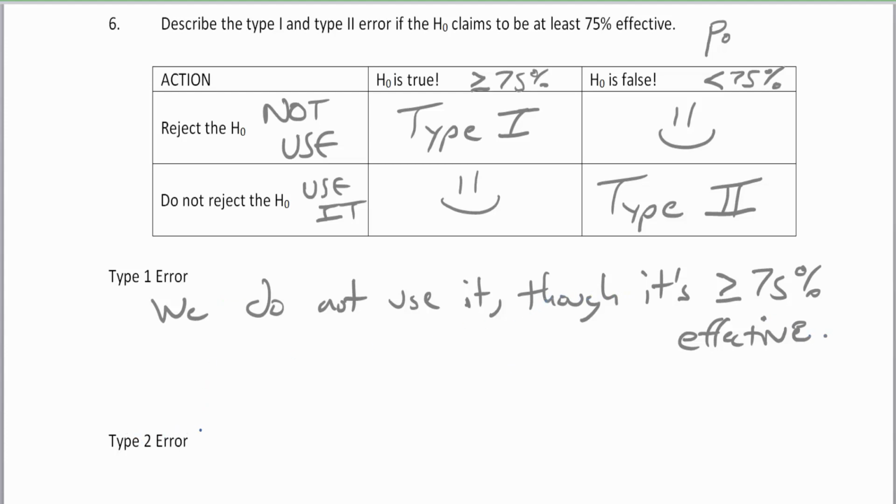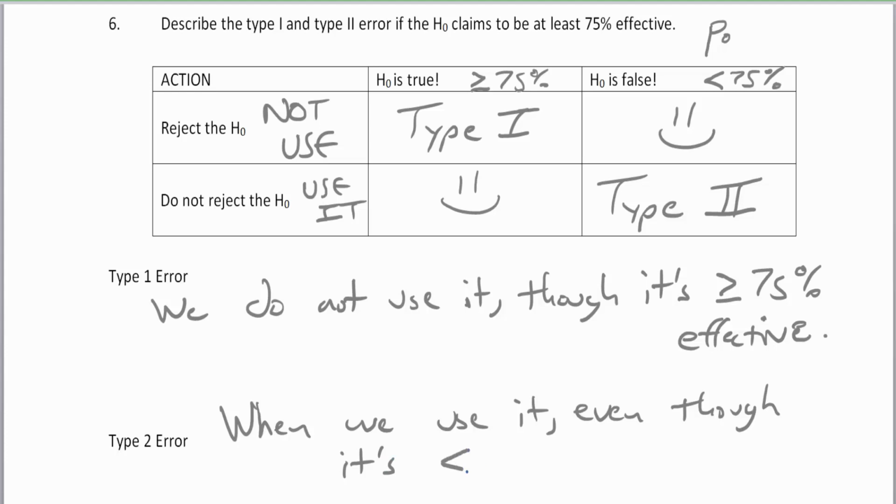Now a type 2 error is when we use it even though it's less than 75% effective. Okay. Now in this situation, I would say the type 1 error is worse, because by using it, it would probably